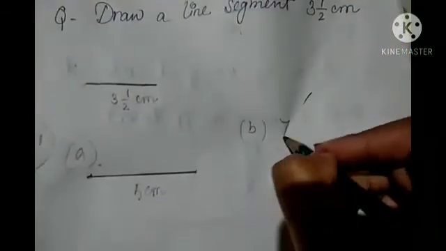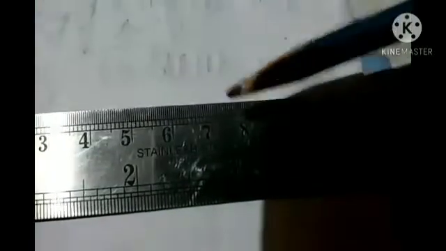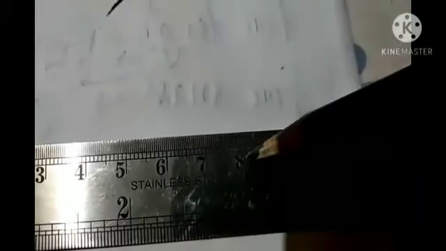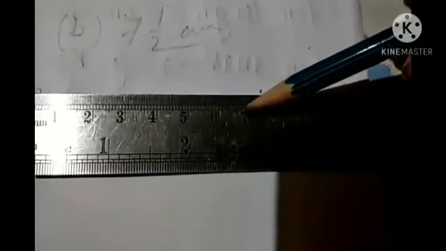Okay. So if I show you the B number, that is your 7.5 centimeter. So here also you have to use your scale. Okay. And then you have to put some points. Okay, so from 0 we will start. So 0 we will put 1 point. Okay, and 7.5, right? So this one will be between 7 and 8. Okay, so as I told you, the midpoint. Okay, so you see the midpoint. So this one is the point, okay, midpoint of 7 and 8.